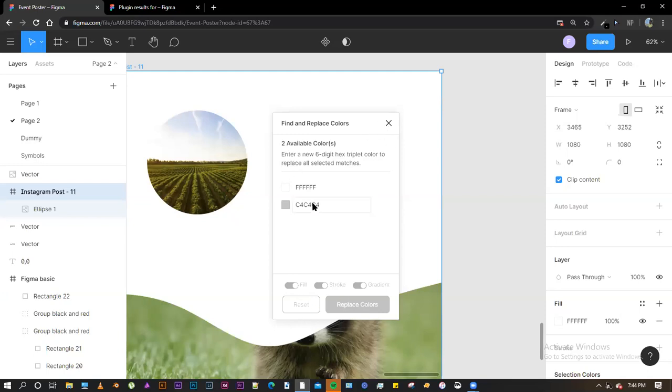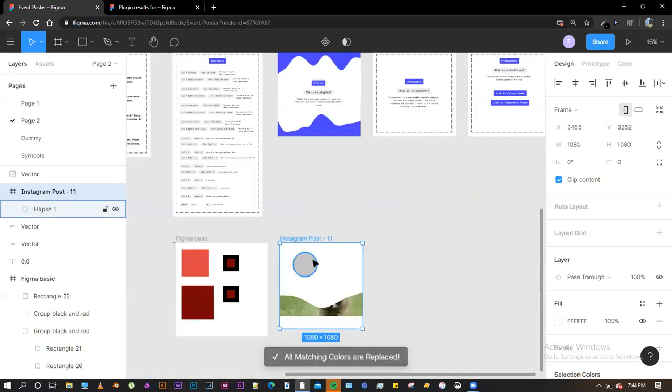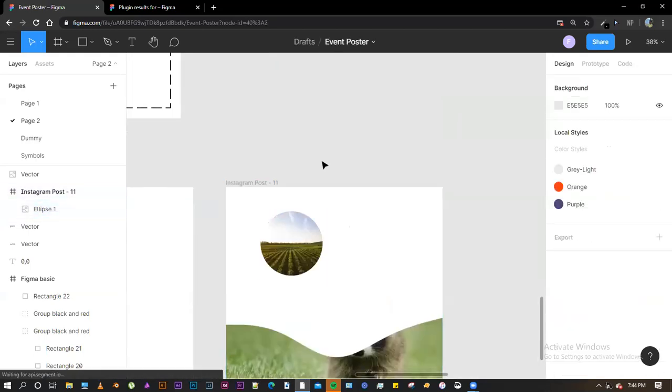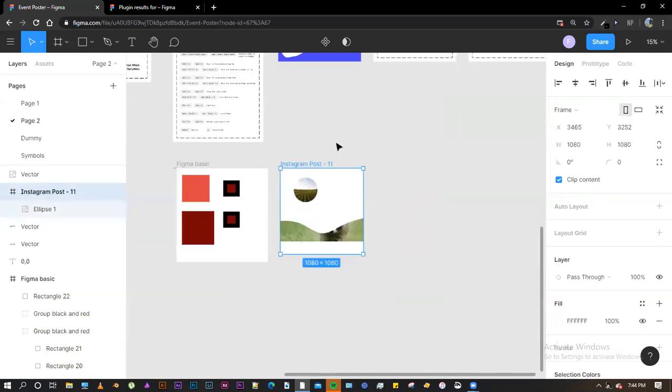I remember. Okay. If I choose the color white, and I want to replace this color with another color, it would replace it on this frame. So it works only with this frame currently. All right. So yeah, this is something about plugins in Figma.